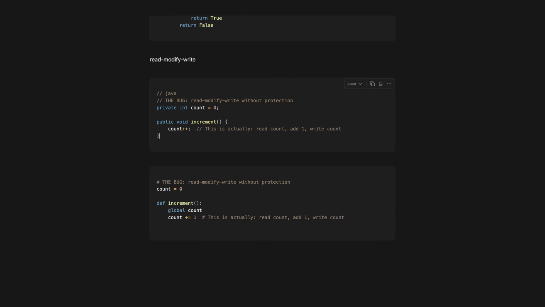They might both compute 6. They might both then write 6. And we're left with 6 as the final count when it should have been 7. We lost an increment. This shows up obviously in hit counters, bank account balances, inventory quantities, metric aggregation. Basically, anytime you're updating a value based on its current state, you're going to run into this read, modify, write